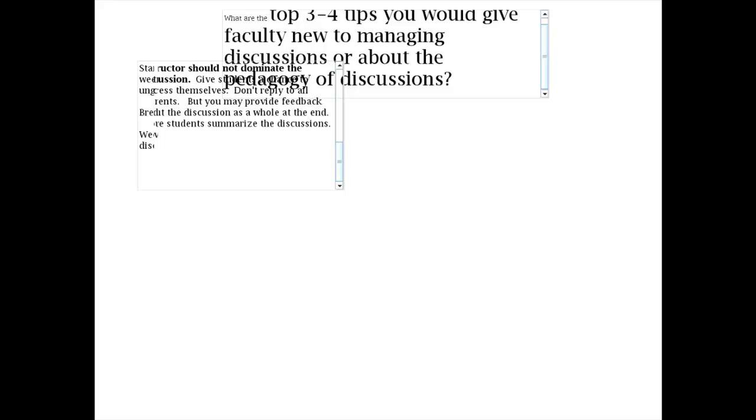And if you assign a summarizer or the same person to summarize, I think it usually works fine with grad students. And they like playing a facilitator or leader role to take control and see